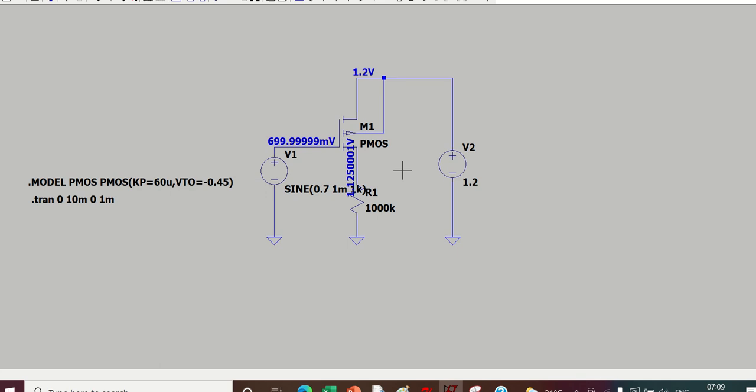So instead of a resistor R1 of 1000K, we want a component which will give 100 or 200 kilo ohms, maybe 1 mega ohm or 2 mega ohm resistance, but the drop across it should be very small. Okay. So that is the thing we have to do. So what we are doing here is replacing this resistor R1 by a MOSFET, and we are going to see how that will help.